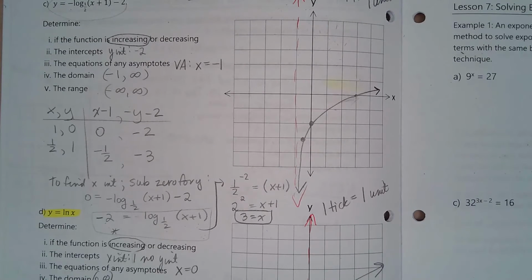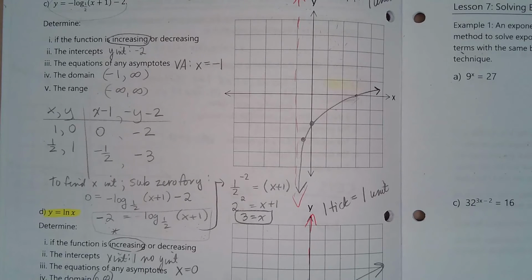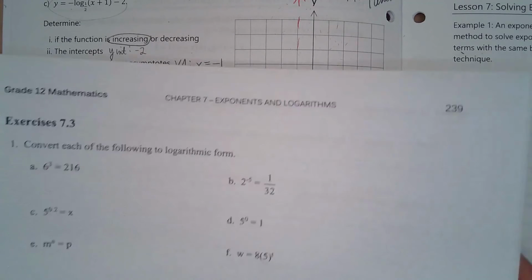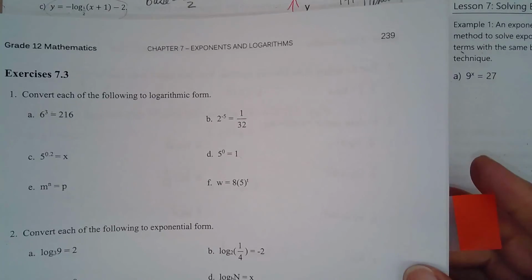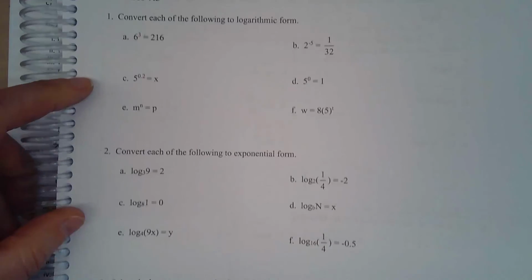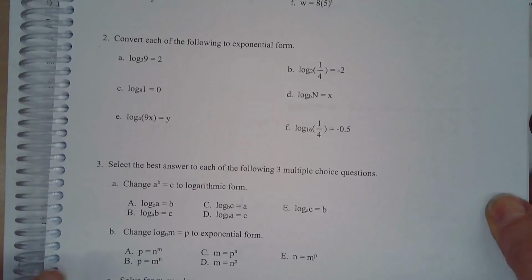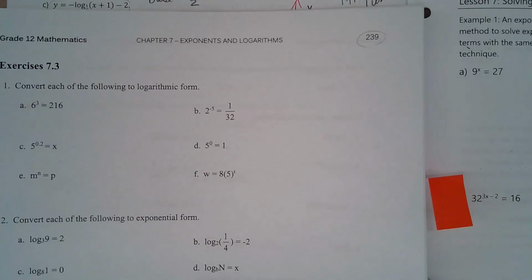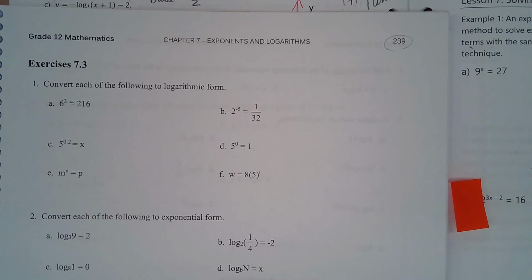I am going to assign you just a couple of questions on 7.3, and I have a hand-in assignment. I'll assign page 239, okay? Just the first 3, 1 to 3, convert, and then just 3 little multiple choices. So I'm going to assign page 239, and then I also, if you want, just for assessment,